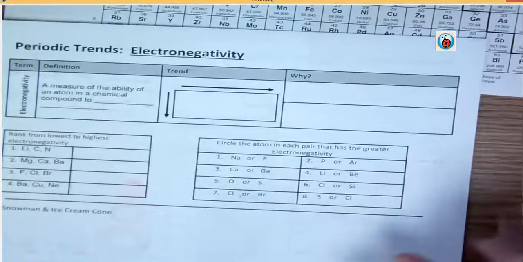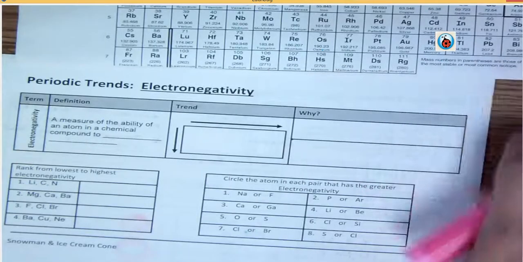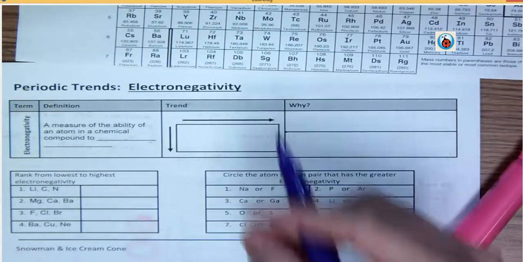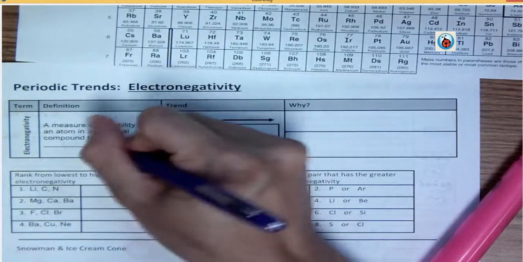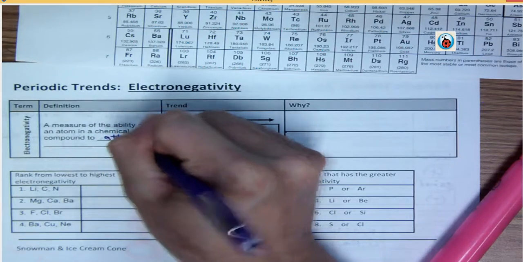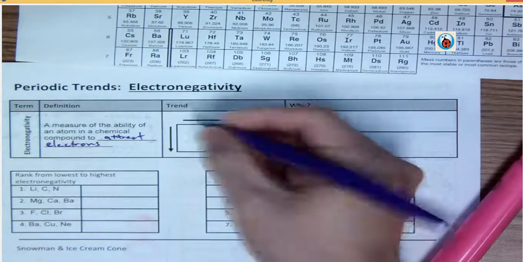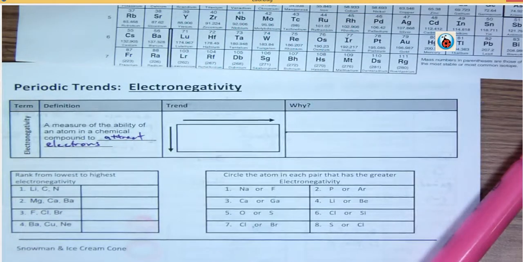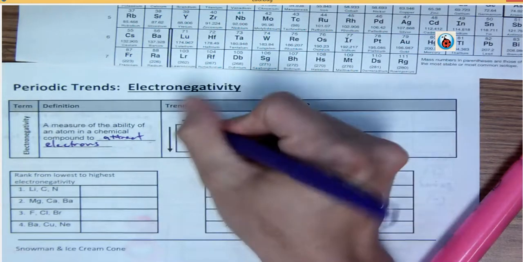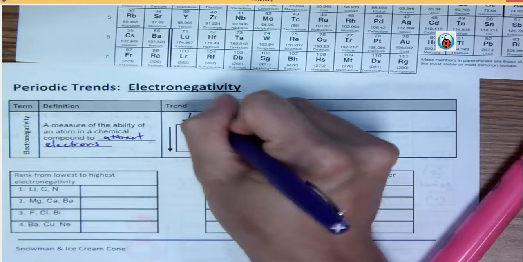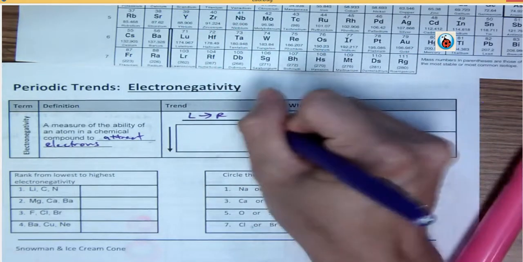One more thing. Last thing here. Electronegativity: the measure of the ability of an atom in a chemical compound to attract electrons. Okay? The trends are the same as ionization energy, because the smaller one is more attractive because it's closer to electrons that are floating around it. So left to right, electronegativity increases,